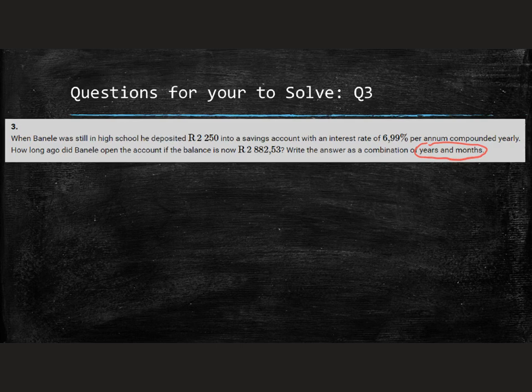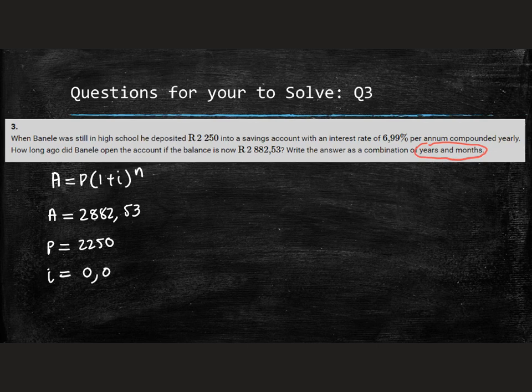Okay, as with all good memory muscle, we have repetition of practice. We write down that we've got compound interest. We want to isolate the variables that we do know, so we know that they want to accumulate 2882.53. We wanted to accumulate that from 2250, and the interest rate that we were told is annual at 6.99%, so 0.0699. For us to solve for how long in years and months, we will take our formula, A equals P,